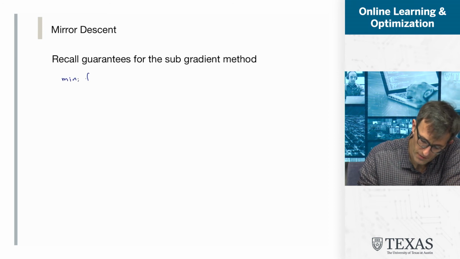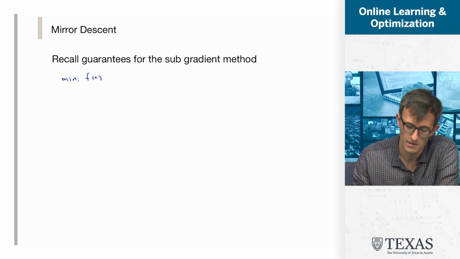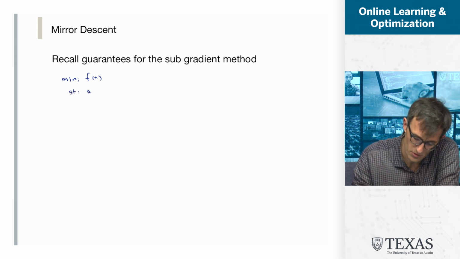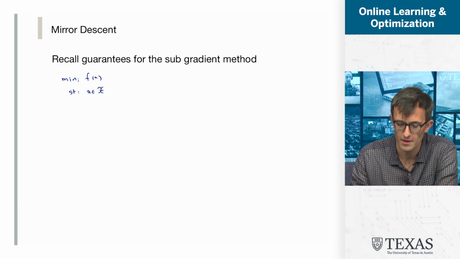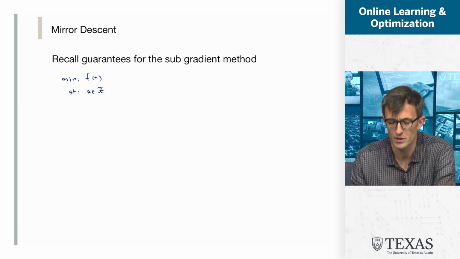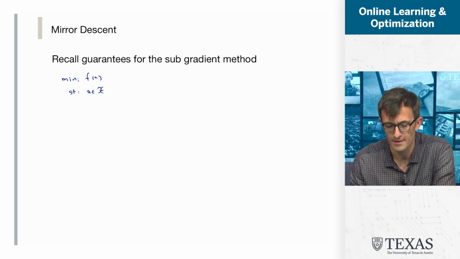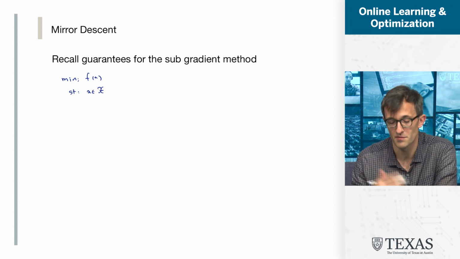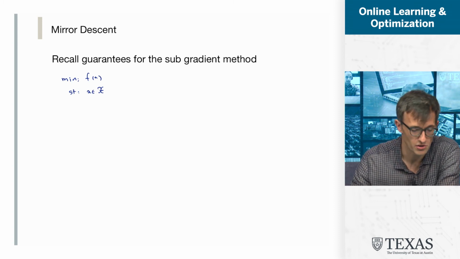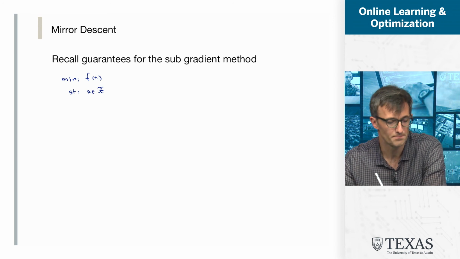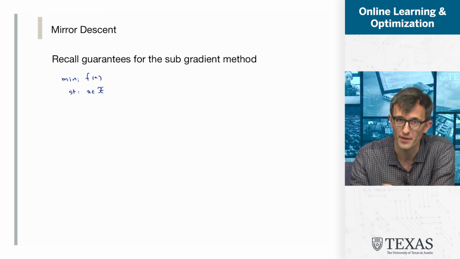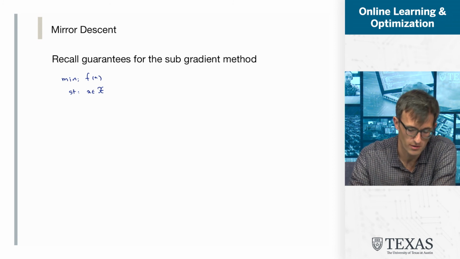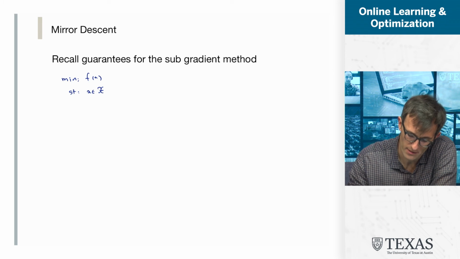So, minimizing a function f of x that's convex, subject to a convex constraint. For a lot of this, I'm leaving out the dependence on the convex constraint. As we saw when we talked about subgradient descent, projection basically comes for free in terms of rates, but it comes at the expense of extra writing and extra notation. So I've been kind of leaving it aside for now. Everything carries over really without change. So leaving this aside for now, remember that subgradient method